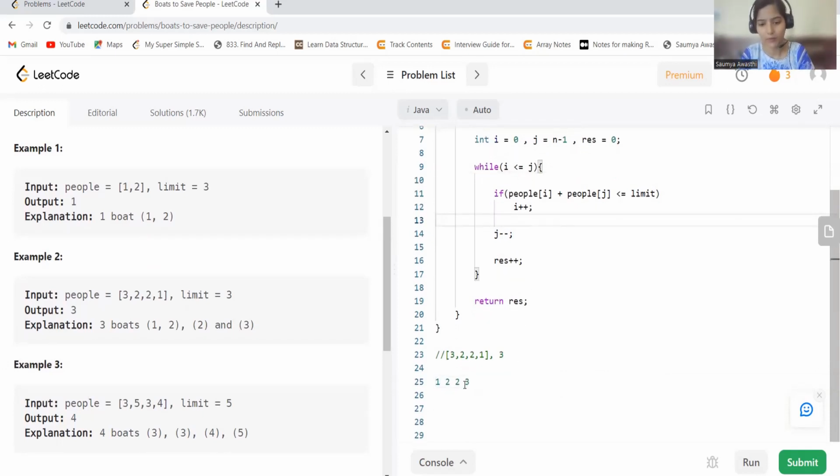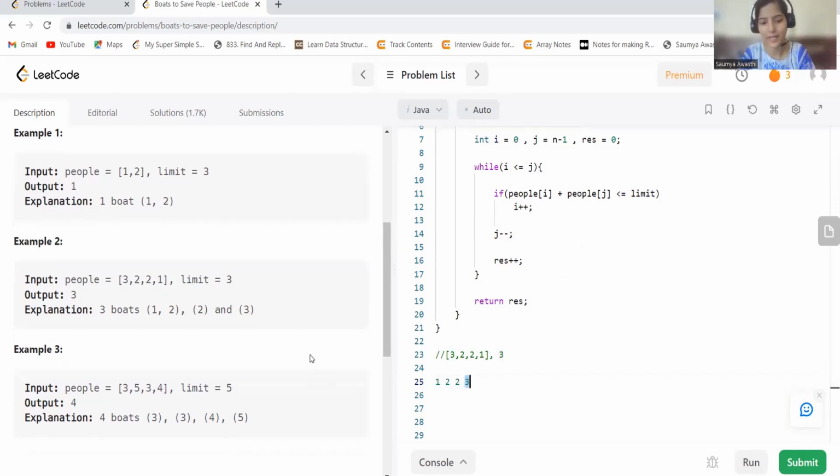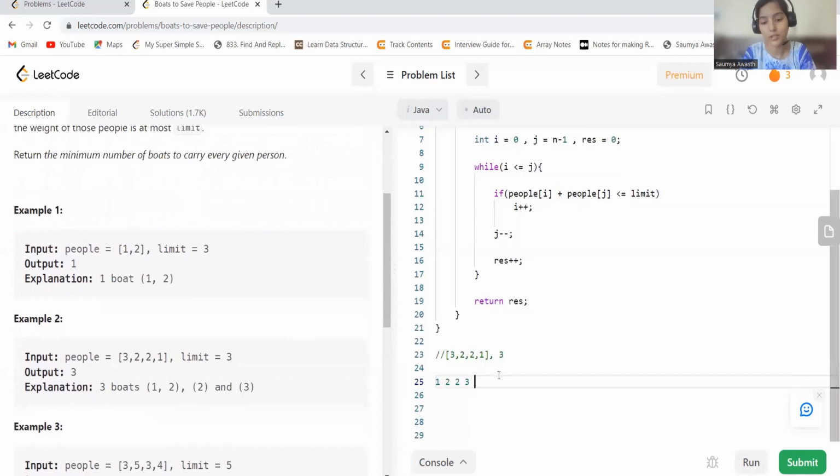Now what we are checking, obviously the thing that I mentioned, right? So we are checking if 3 can be paired with 1. So 3 plus 1 is just less than equal to limit. 3 plus 1 is 4. 4 is not less than equal to limit, right? So it means that we cannot pair this heaviest element with any element, right? It simply indicates that. But again, what they have specified, we have to take every person, so it's not like we can leave this. Okay, so that's what we need an individual vote for 3, right?